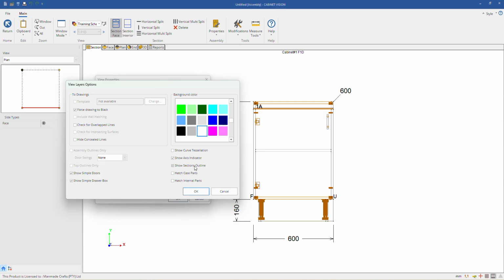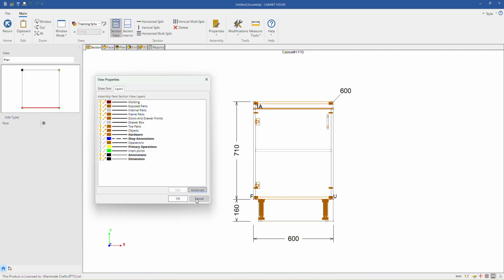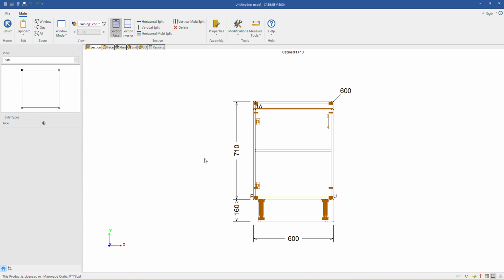So here I can say hatch case parts, hatch internal parts, so that it adds hatching to the parts, which I wouldn't advise doing because it does slow down Cabinet Vision quite significantly. But you can modify them there as well. You can use it when necessary. Set one up for designing, to send through to drawings, so that you can just flip through if you need to. But the main thing with dimension styles, and I can do this training with you now,